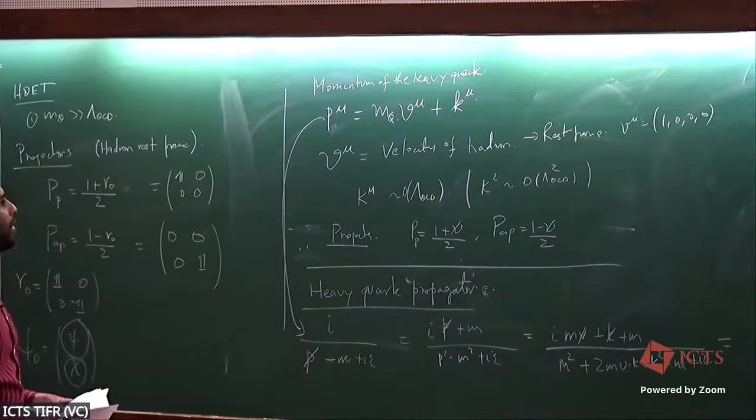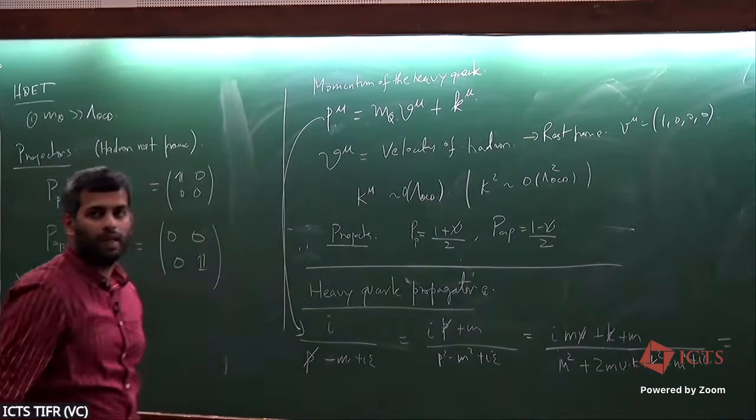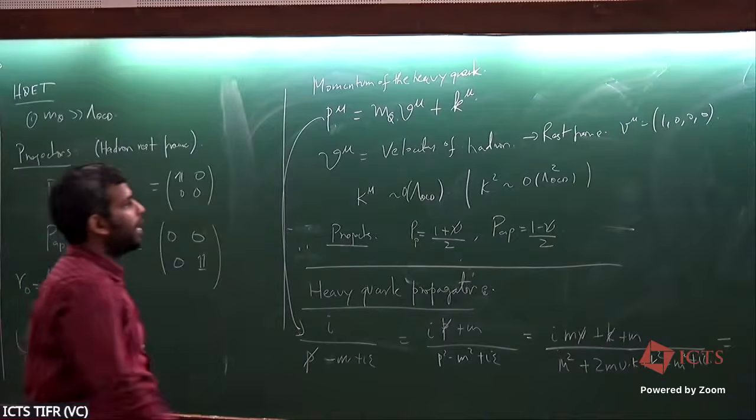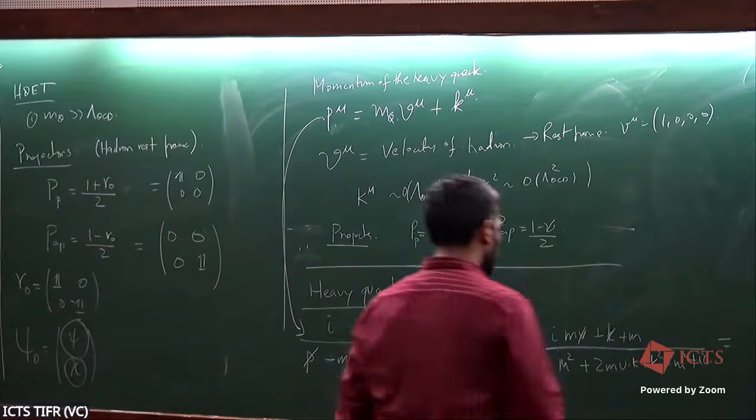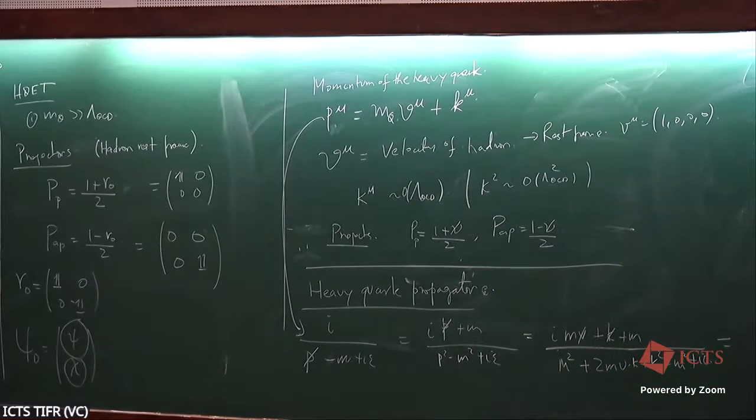So by doing this, what I'm saying is that the k mu are describing the fluctuations of the heavy quark because of the interactions with the soft degrees of freedom. And so I end up getting